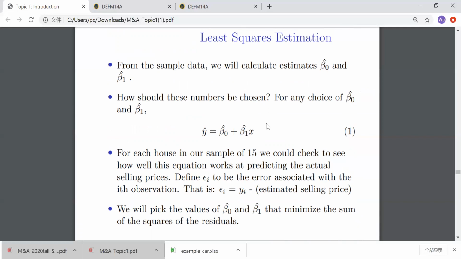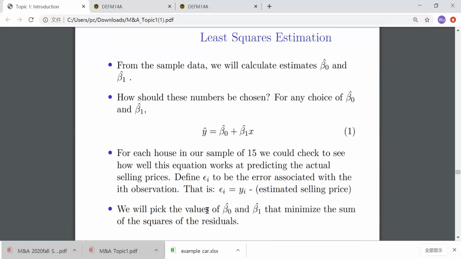If we want to estimate a relationship between y and x, it could be many kinds of relationship. But how do we say that one model is better than the other? One criterion is that the model is more accurate. In other words, the predicted dependent variable has smaller deviation from the actual dependent variable. The predicted selling prices are very close to the actual selling prices. Only that way can we say the model is good and accurate.